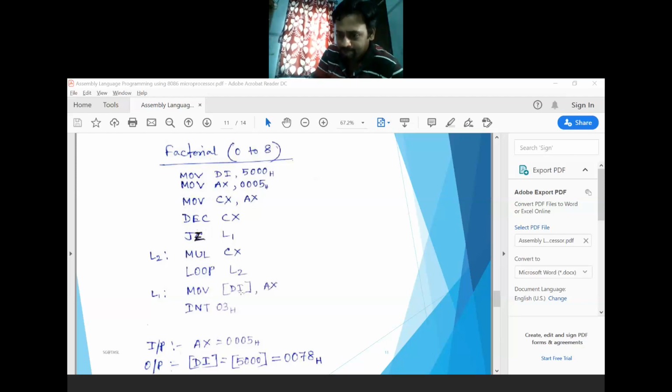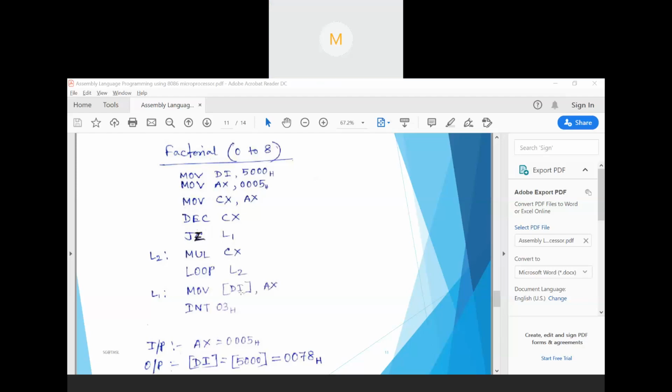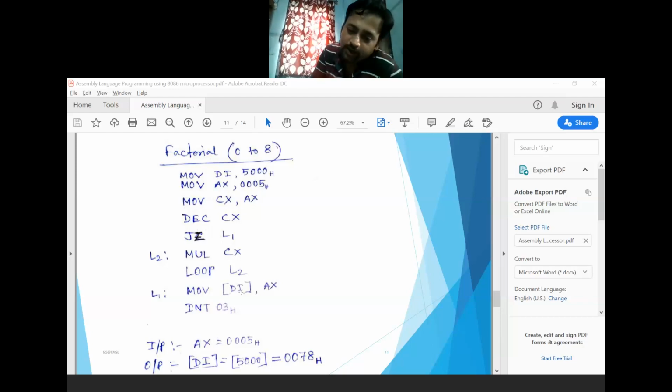Can we write MOV [DI+2], DX? No, it is logically correct, but that will not be compatible with our laboratory instrument. Every program has been written in such a way that you can execute your programs in the lab also. Theoretically you can write it, but certain instructions will not be compatible with every microprocessor device.